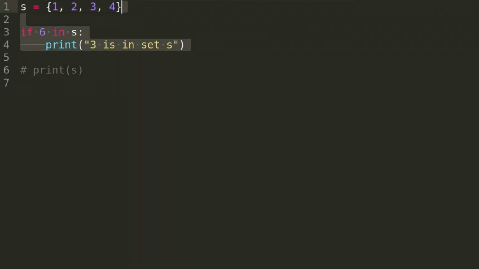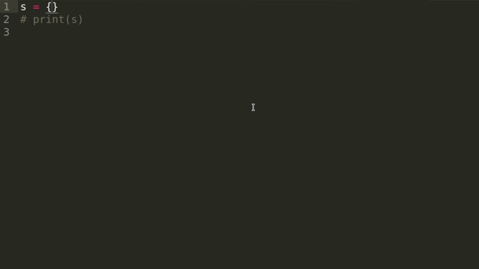So let's create another set. And here we can say 1, 3, I meant to say 3 there, 5, 7, 9. And then we can call this odd. Here we can call this even. And we can make this equal to 2, 4, 6, 8. We can then